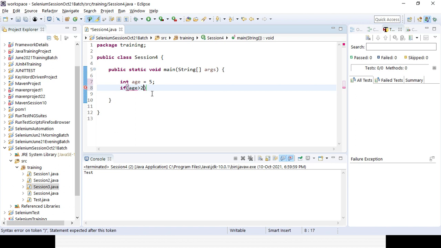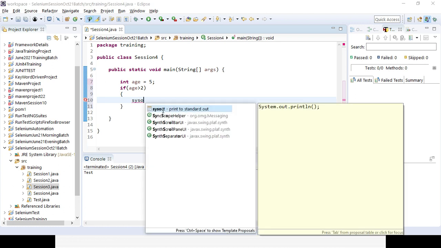You already know that whenever you are doing a flight booking, age 0 to 2 is infant, and more than 2 is not an infant. Suppose more than 12, it is not even a child. If it is more than 18, it will be adult. If it is more than 60, it will be senior citizen, like that. So if the age is greater than 2, I can say that the output will be